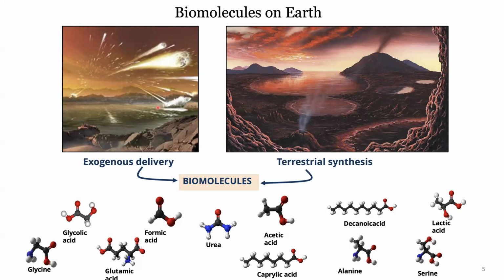Another important hypothesis posits that processes that occurred in terrestrial geothermal niches on Earth, like the ones that you are going to see in Ladakh at some point, also allowed for the population of molecules in these environments, like the one that is shown on the right panel here. So either via exogenous delivery or via terrestrial synthesis, you could have potentially had the monomeric molecules, which then came together, had a lot of interesting interactions, eventually leading to the formation of living entities.